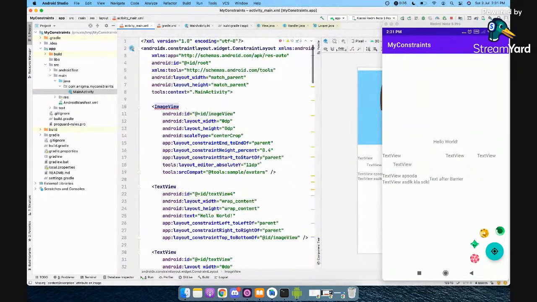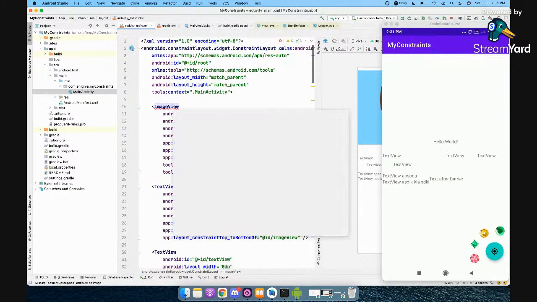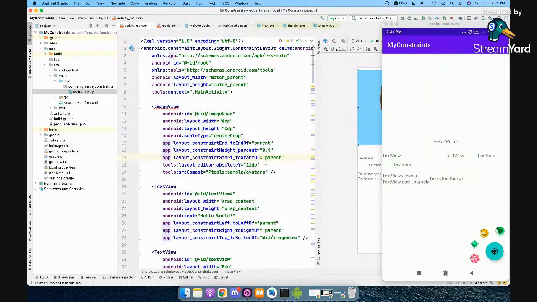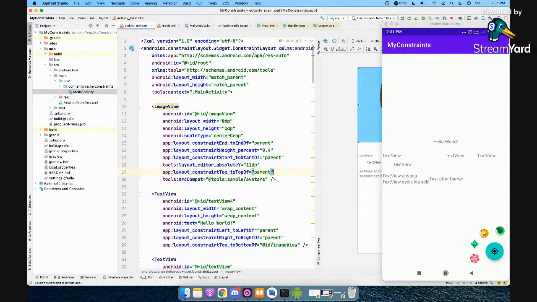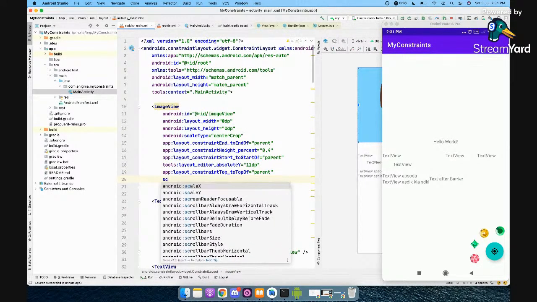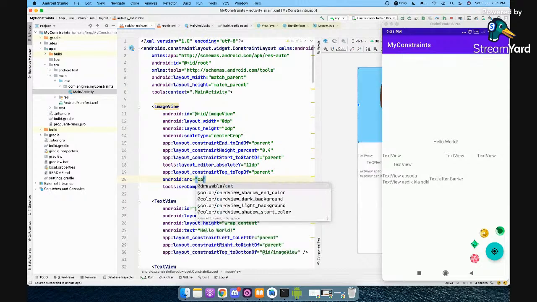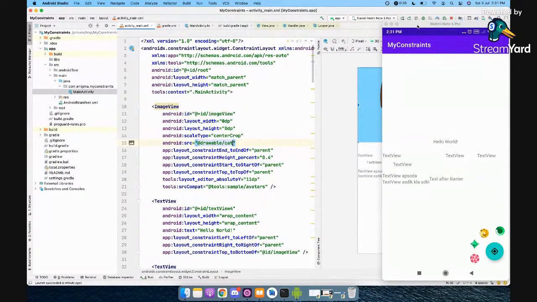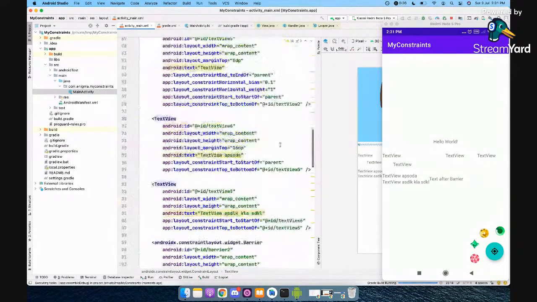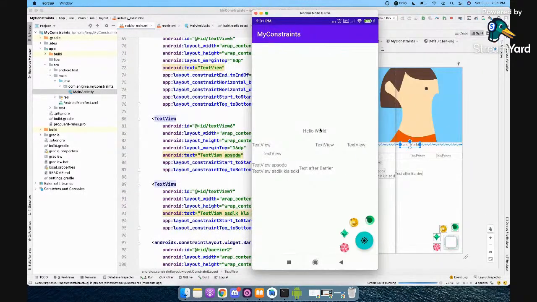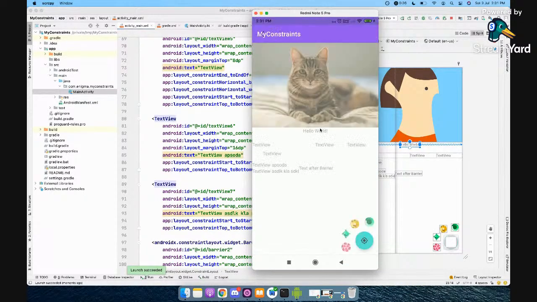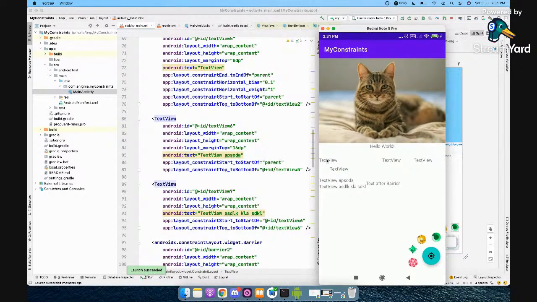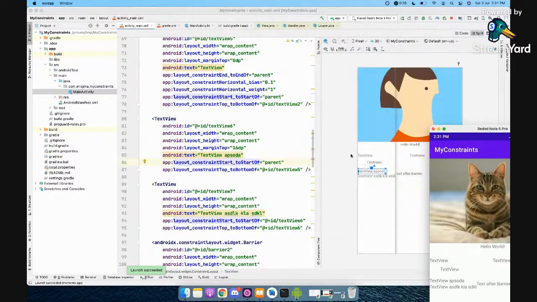Yeah, to just set this, I'll just say top to top of. And src, I'll just set it to be a cat image. Okay. So we have seen, yeah, this particular dimension got disturbed for some reason.